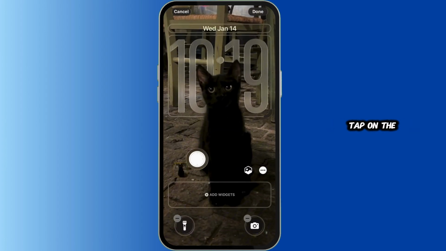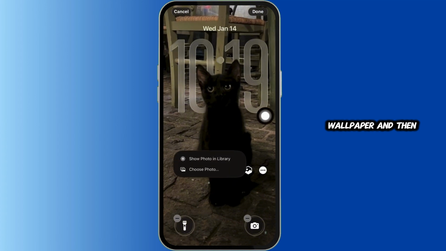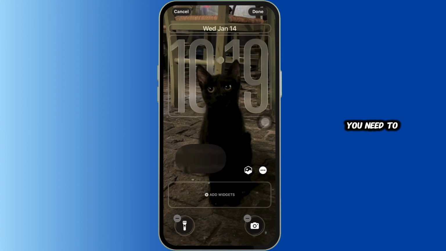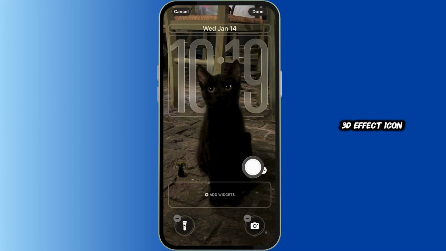You can simply tap on the wallpaper and then tap on choose photo. Now choose a photo with good depth, like a picture of a person or your pet. Once your wallpaper is set, you need to go ahead and simply tap on this 3D effect icon next to